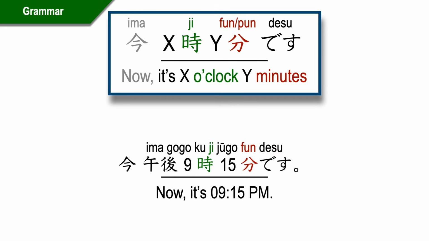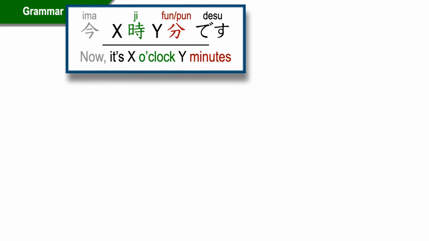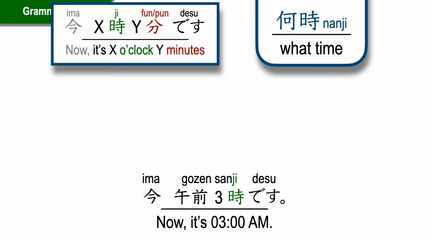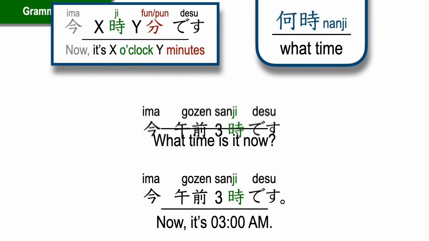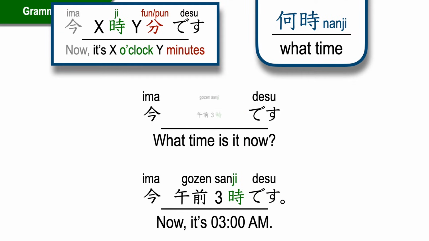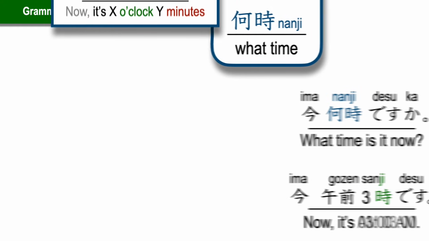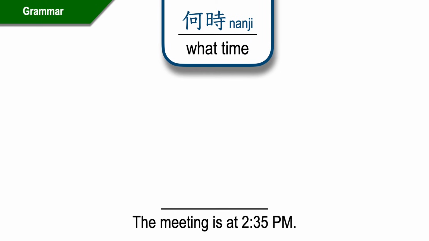Now it's 9:15 p.m. 今午後9時15分です。何時 means what time. 今午前3時です。Now it's 3 a.m. How'd you ask what time is it now? Like I always say, replace the information you want to know with the correct question word. 今何時ですか？